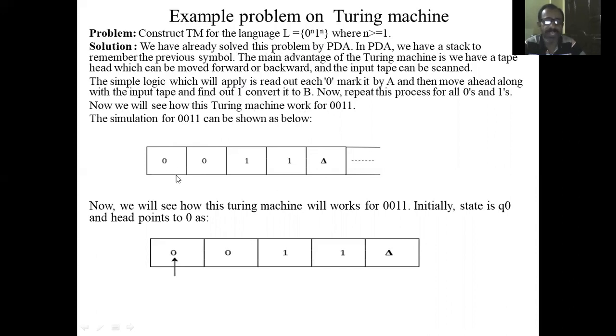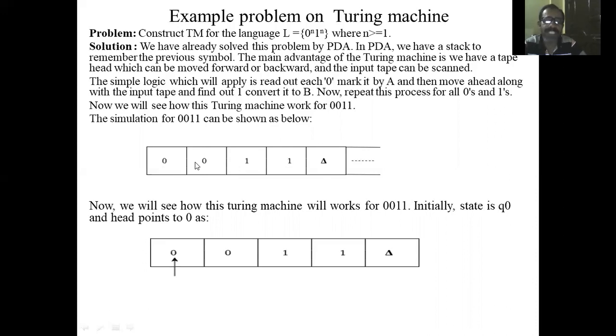Now we cyclically perform the operations on the tape symbols. In the first cycle, replace the first 0 with one symbol and the first 1 with another symbol. In the second cycle, replace the second 0 with the same symbol used for replacing 0, and the second 1 with the same symbol used for replacing the previous 1. Repeat this even if there are 3 zeros, 4 zeros and 4 ones, 5 ones. Use one type of symbol for replacing 0 and one type of symbol for replacing 1. In one cycle, you replace one 0 and one 1.